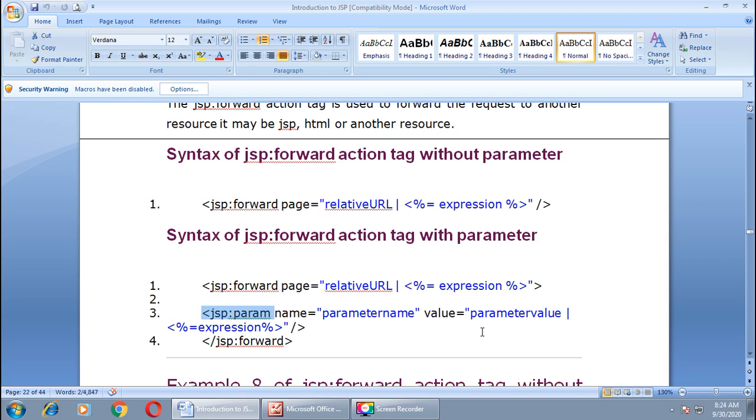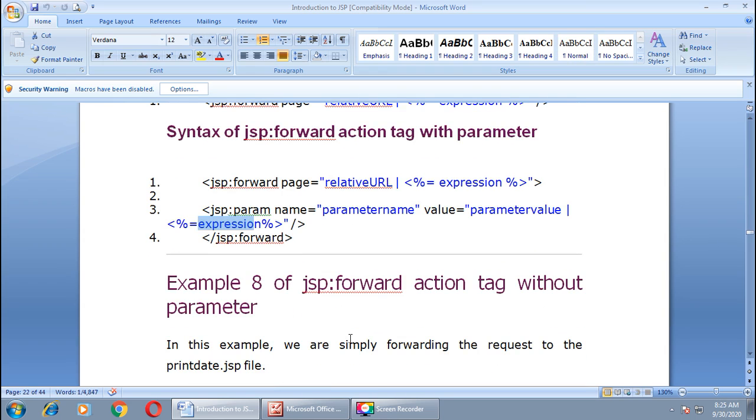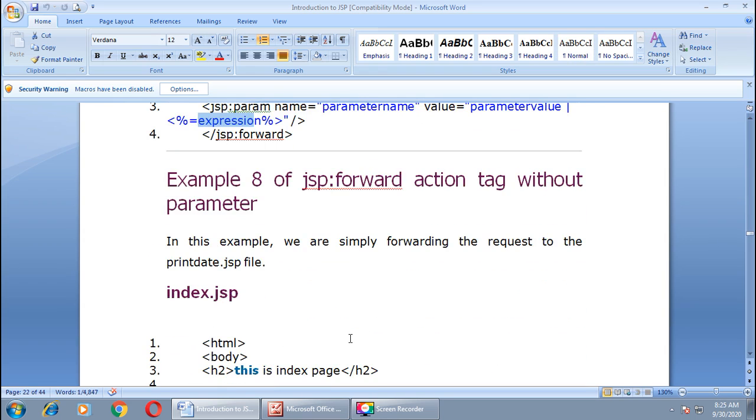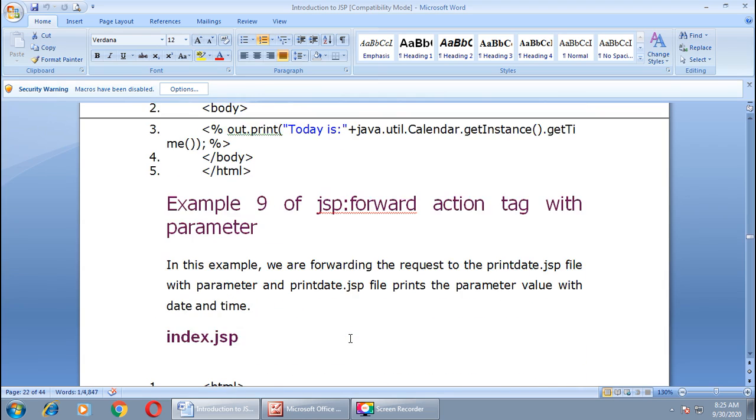It may be in the form of constant or it may be in the form of expression. You can specify the value of parameter in these two different ways. Either you can specify a value or you can specify even an expression, right? We had gone through the example of forward action tag. Then we also learned